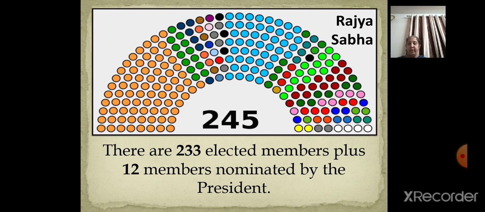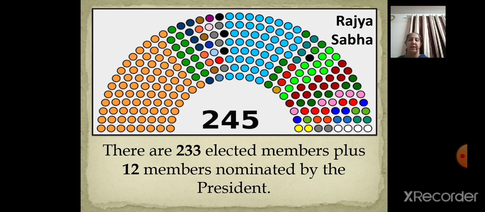Now, oftentimes in the recent past, it has been difficult for a single political party. As I told you, the meaning of coalition government: one party cannot form the government alone, then the other parties join them to have the majority. The government formed that way is called the coalition government.